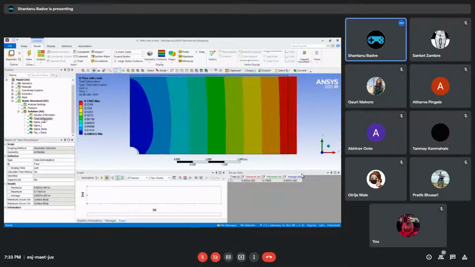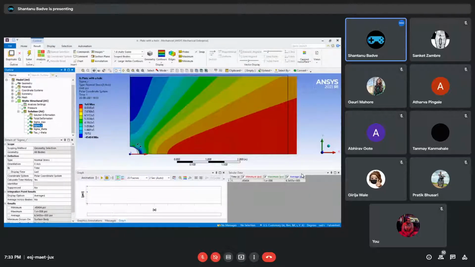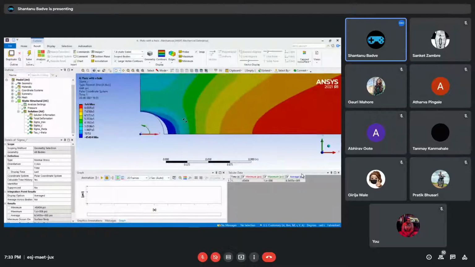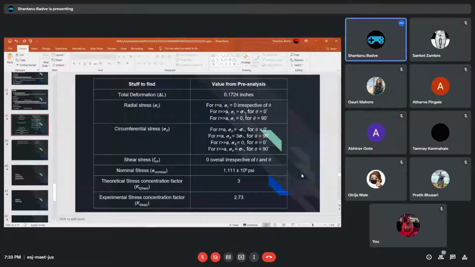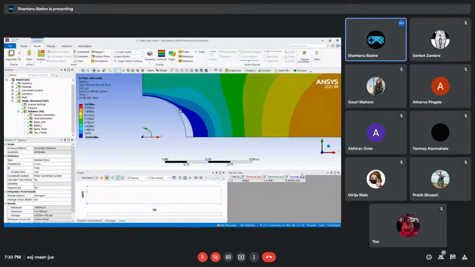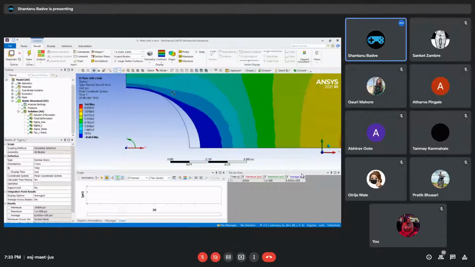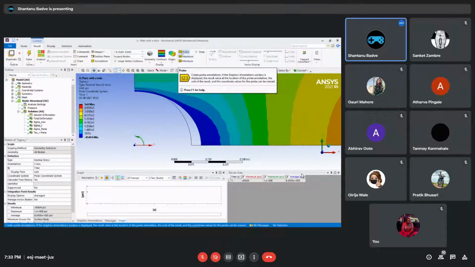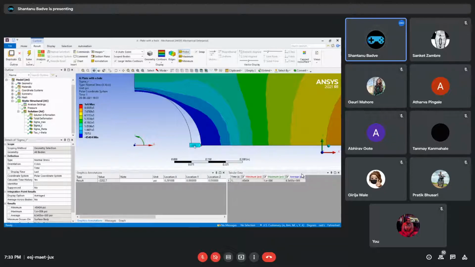The other thing that we need to look at now is sigma r, the radial stress. What we knew is that irrespective of theta, if we are at the hole, sigma r will be 0. Now, I want to look at what is happening at the hole, right? I will just go here and select the probe tool. The probe tool will give me values at every single one of these points in this geometry. Alright. Now if I just go at r equals a and theta equals 0, which is somewhere over here, I can see that it is not 0.